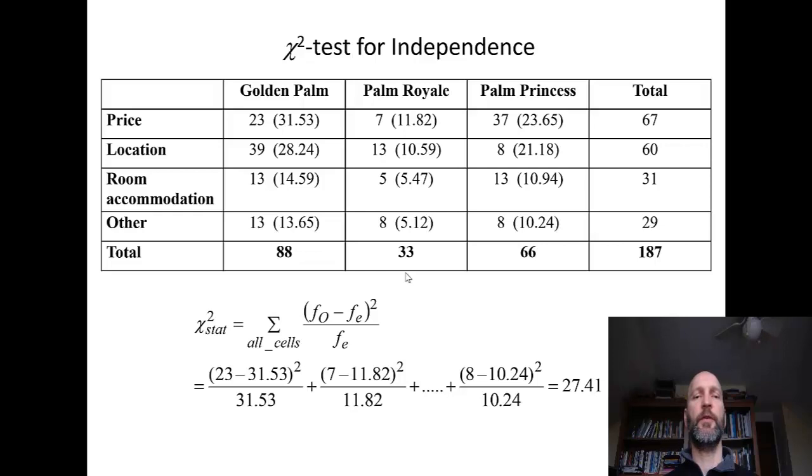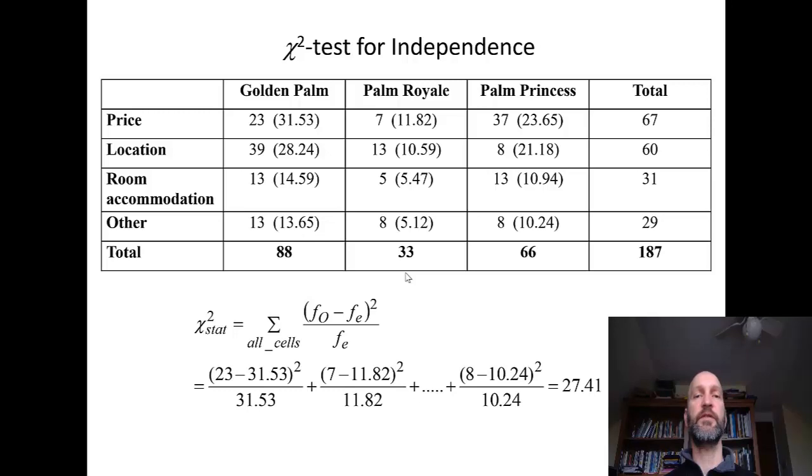Now that we have the table filled in, we can come up with our chi-square test statistic. And we're going to do exactly the same thing we did with the test for proportions, where we take the observed minus the expected frequency, square that, divide it by the expected frequency, and add all those things up for all of the cells. And if the null hypothesis is true, these things are going to be close to each other,